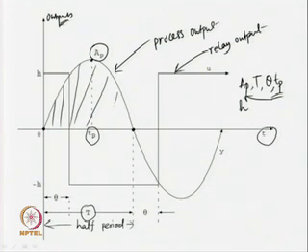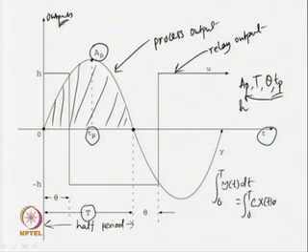This area of the output signal, I can write an expression of the form integral from 0 to T of y(t) dt. What is y(t) again? y(t) equal to C x(t). So, this can further be written as integration from 0 to T of C x(t) dt. So, we can have an expression for x(t) for different spans of time. As you know, I can find from the waveform, for this part of the waveform, the corresponding output can be obtained using the expression C x(t), where x(t) can be given as,